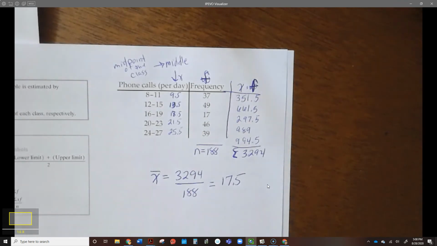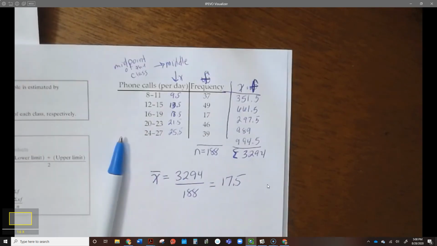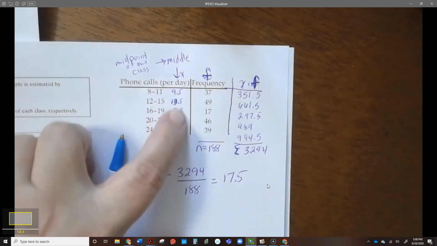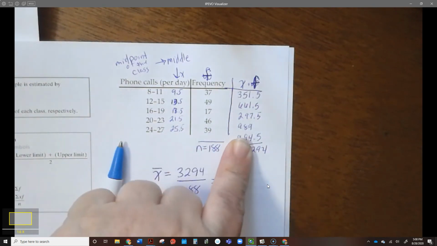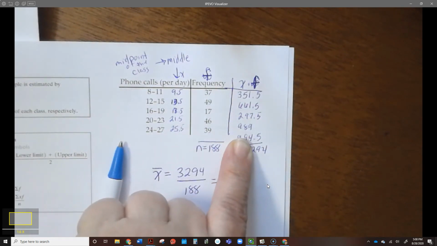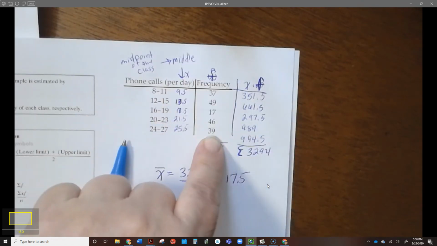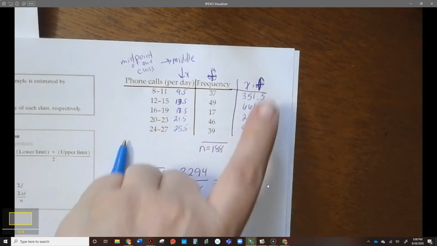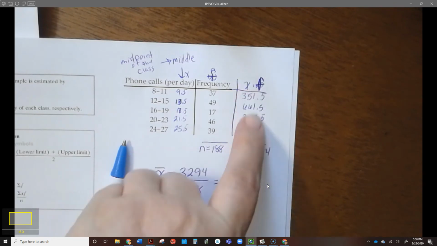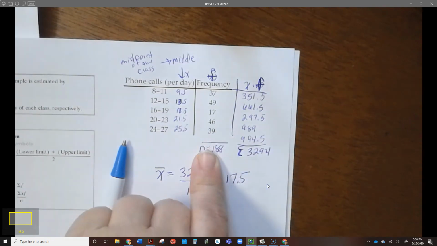So if you're doing this on StatCrunch, you can do it the exact same way. We would put these numbers in one column and these numbers in one column, and then use either method. You can use the one where you compute the expression, and you'd create this column right here, and then you would divide the sum of this by the sum of that. Or you can